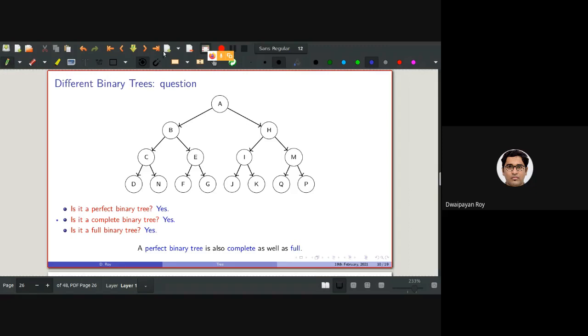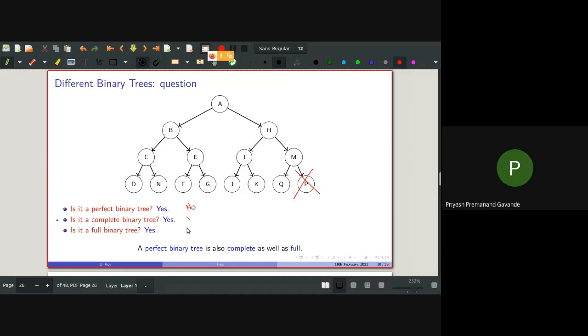So if I just remove this, is it a perfect binary tree? No. Is it a complete binary tree? Yes, it is a complete binary tree. Why?